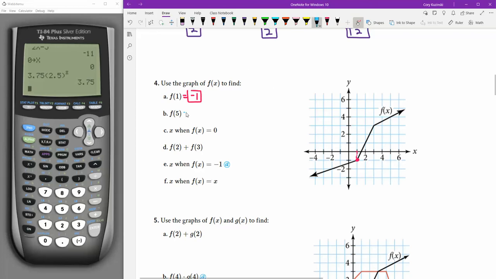What about f of 5? All right, so we'll go to 5. And at 5, the output is 4. I guess I could have done a better job of labeling the first one. The reason it's negative 1 is because there's the output. X when f of x equals 0. Okay, so when the output is 0,